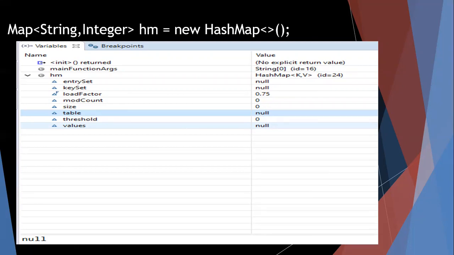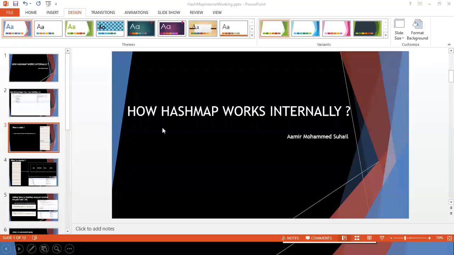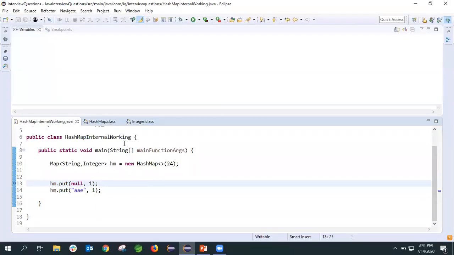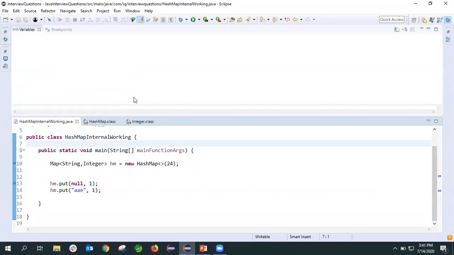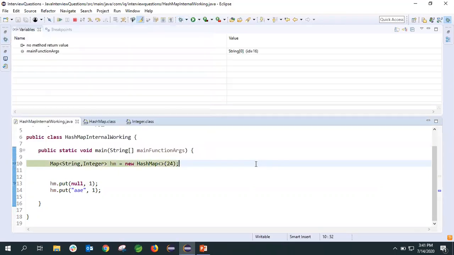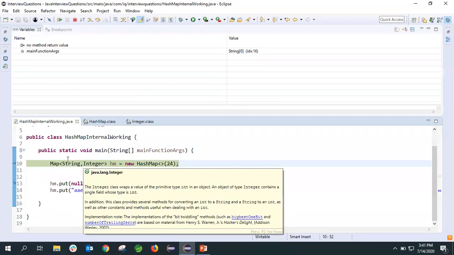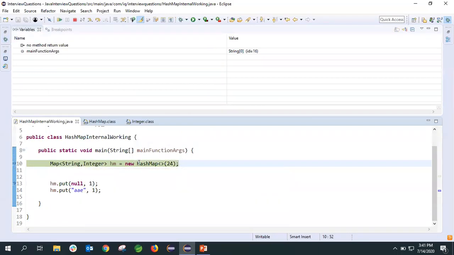Let's go to our Eclipse and see how it creates. I'll put a breakpoint here and click the debugger, and our debugger is at this point. We have written this statement to create a HashMap. Initially we will not give anything here, and we'll press F6.